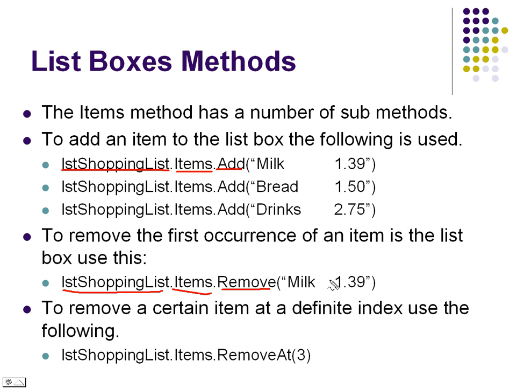Now sometimes you don't want it to remove the item because it removes the first occurrence, and if you have two of these in the list and you happen to click on the second one to get the data out of it, and you put this data in the remove statement, it would remove the first one, not the second one. So sometimes you want to remove it at a specific location, and here's how to do that. Again, shopping list is the name of the list, items, remove at, and then this gives you the location. Remember, we're talking about zero based again. Okay,